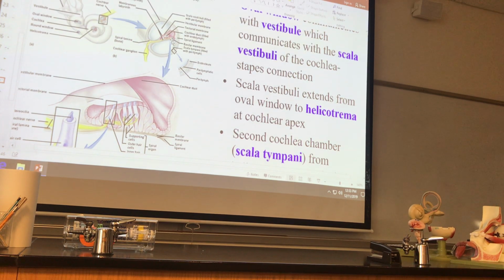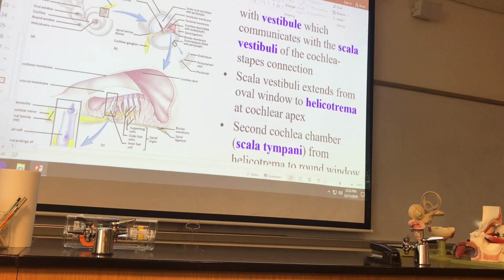Right? So the top part right there and the bottom part are one continuous unit that kind of folds around. The middle part contains the cells that allow us to hear. So let's talk about how we activate this middle part then. The middle part region right here contains